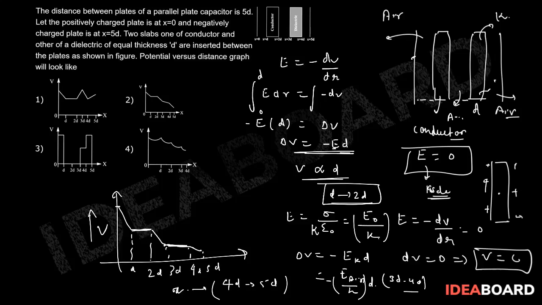So see which graph. The first graph cannot be the answer, the second is the answer, the third is not possible, and the fourth is obviously not possible because it is something like this, so it cannot give such a relation. So the only possible answer is 2. So, a very important question.